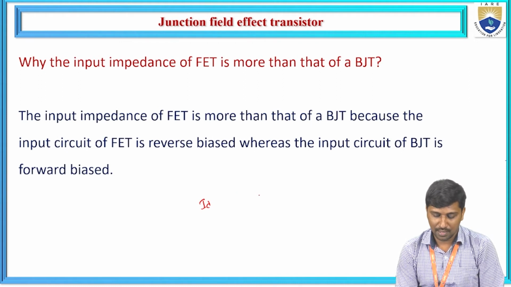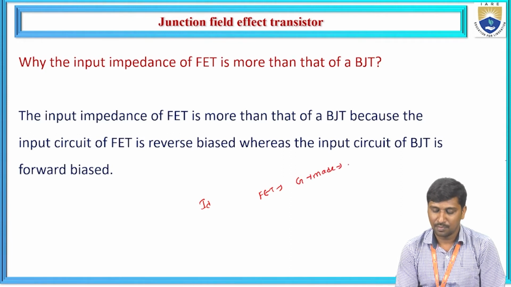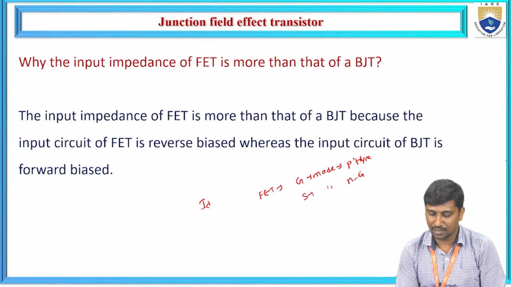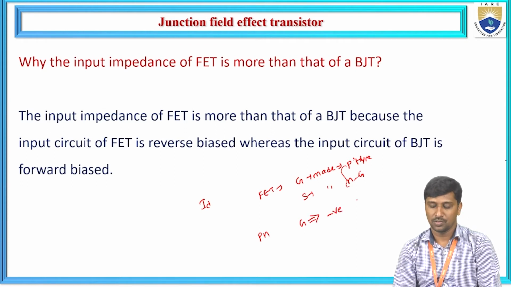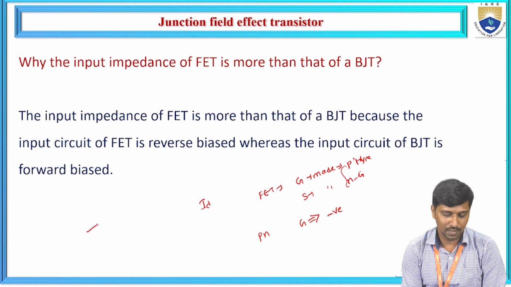So for this FET configuration, we take the gate as made with P-type material, and the source is made up of N-type material. So then we are forming one PN junction. For this PN junction, across the gate we are applying the reverse voltage. So generally we know that as per the principle of the PN junction diode, when a